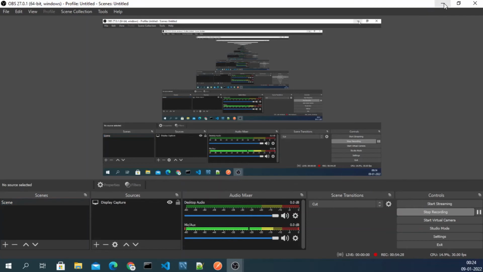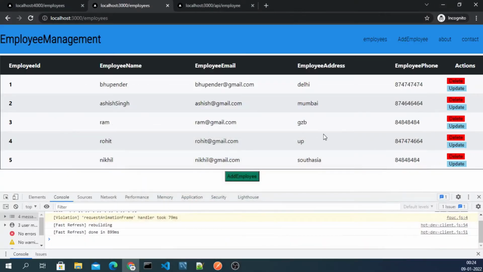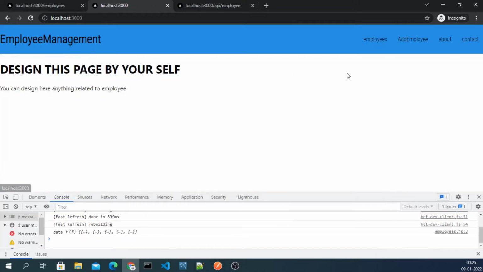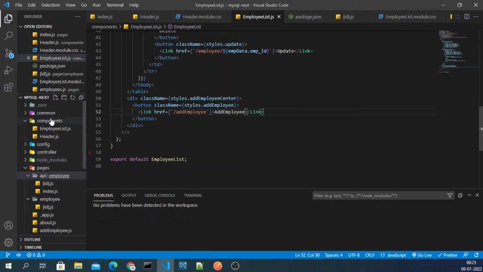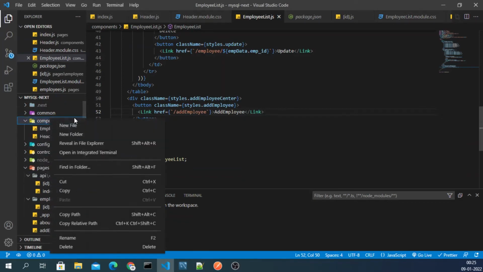Hi guys, I'm back. So we are done with the functionality of employees as well as employee management. Now we have to work on add employee. Okay, so we have to create another component which will handle our add employee. Okay, so what we will do, we will simply come inside here, and here we will type,